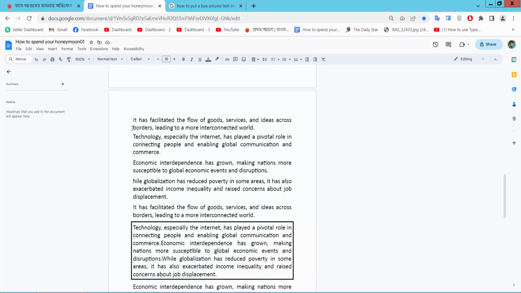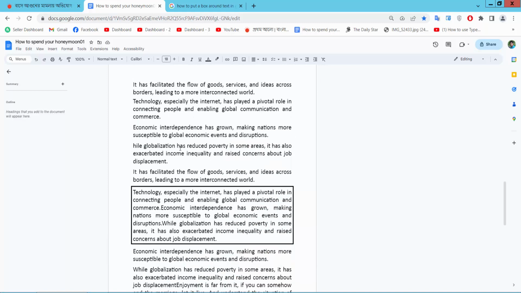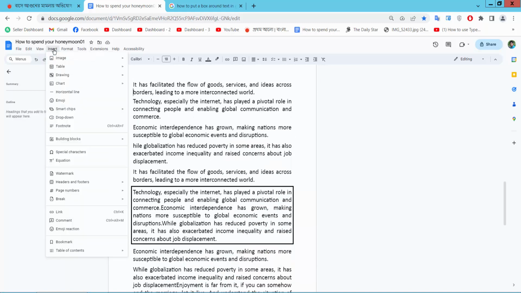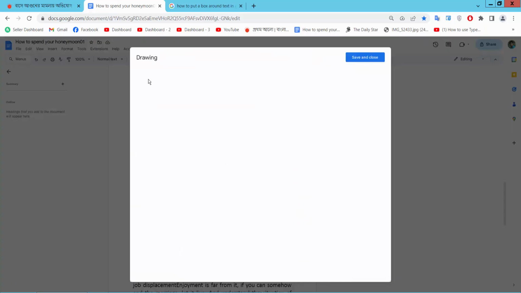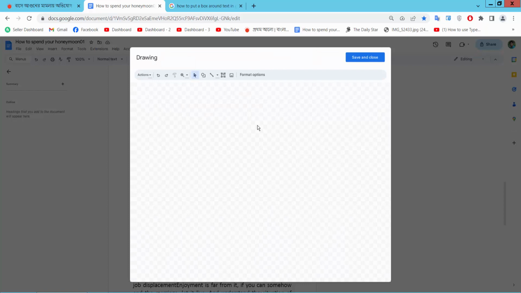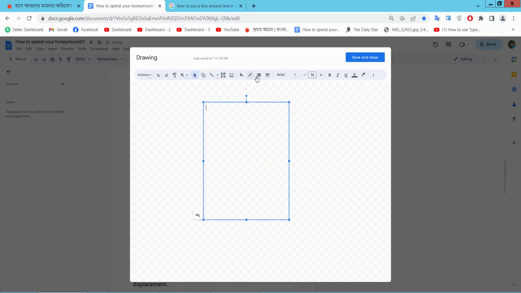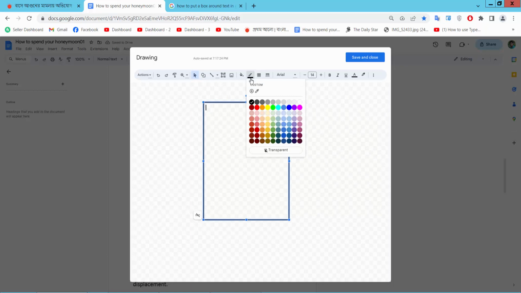Now I'll insert a page border for the whole page. Select the Insert option. Now select the Drawing option and select New, and select a text box icon. For the text box border width I choose 3, and for border color I choose red. Now select Insert